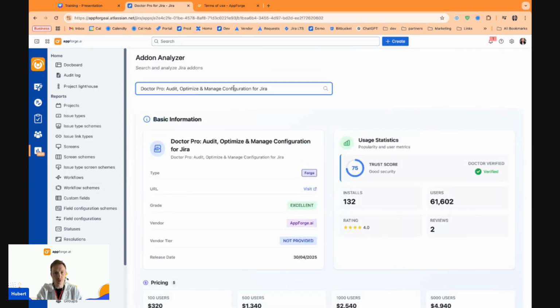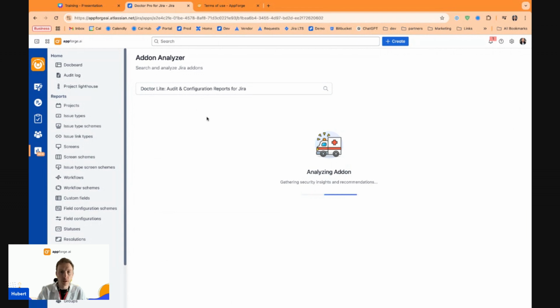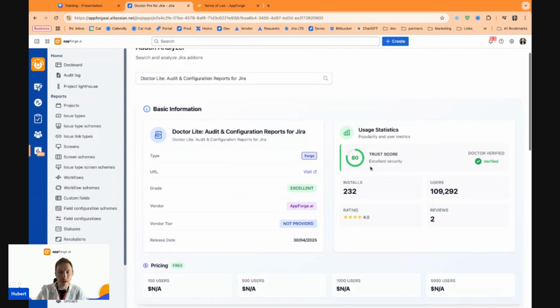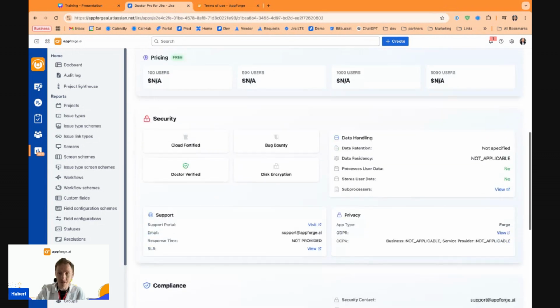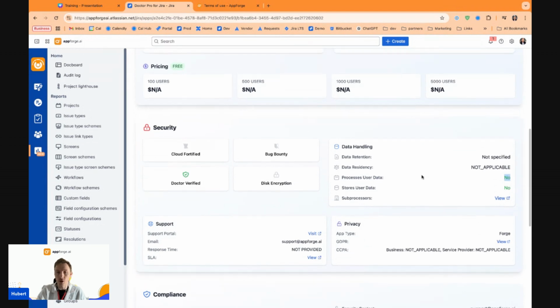Now I want to show you the version Doctor Lite. So we also have a free version that will have a little bit higher trust. As you can see, the score is the same company, but the trust score here is 8. And you will ask why it's 8? Because it's really important that the free version does not process any data, because we don't have any kind of